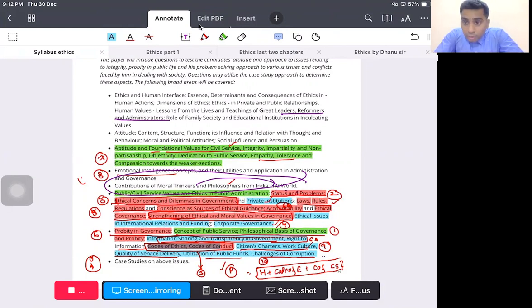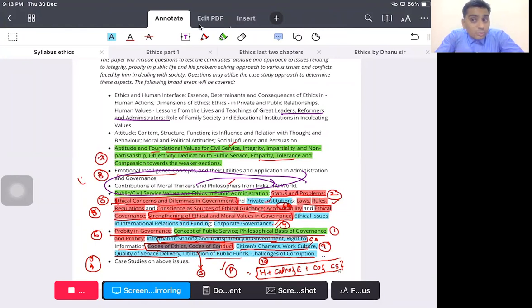Now, see, one topic that I have left, that is called lessons from the lives and teachings of great leaders, reformers, and administrators, and contribution of moral thinkers, philosophers from India and the world. Now, what I wanted to discuss from this topic is,